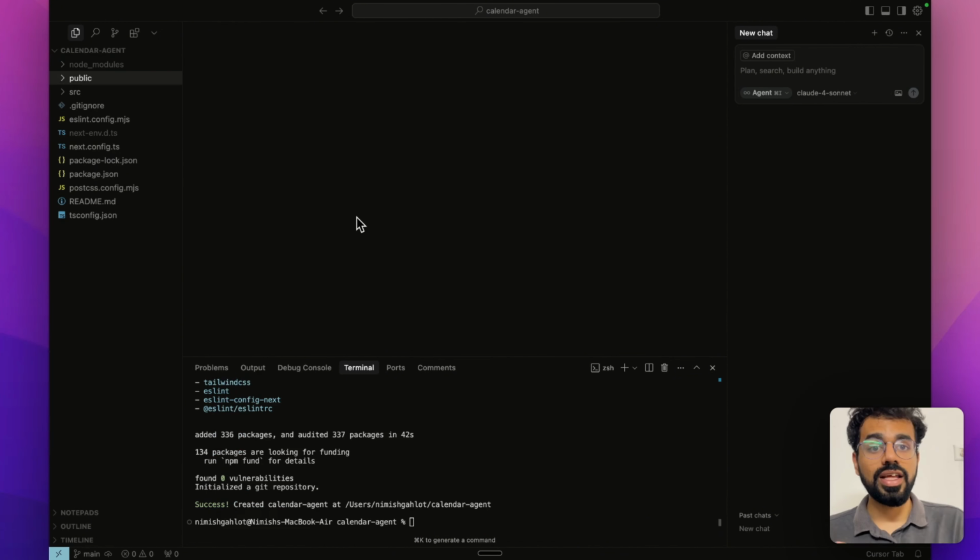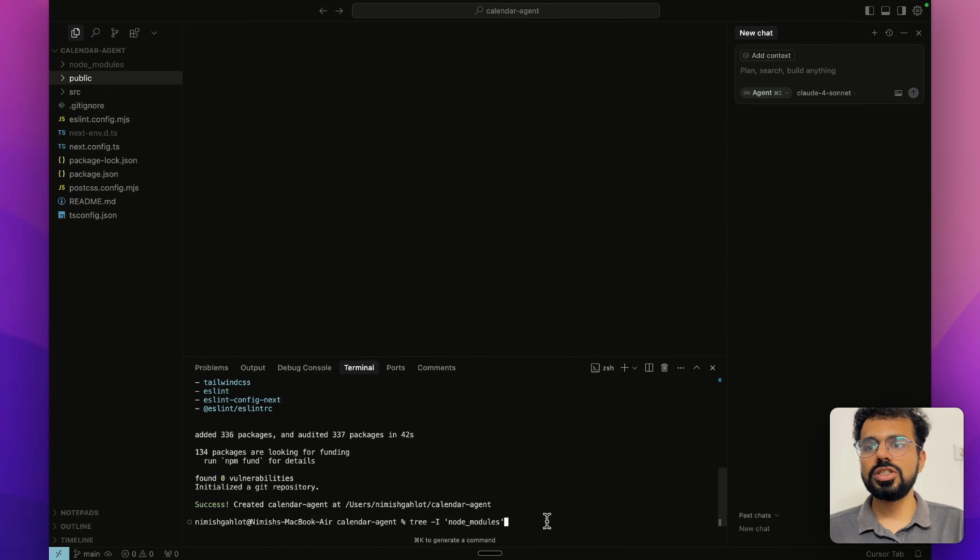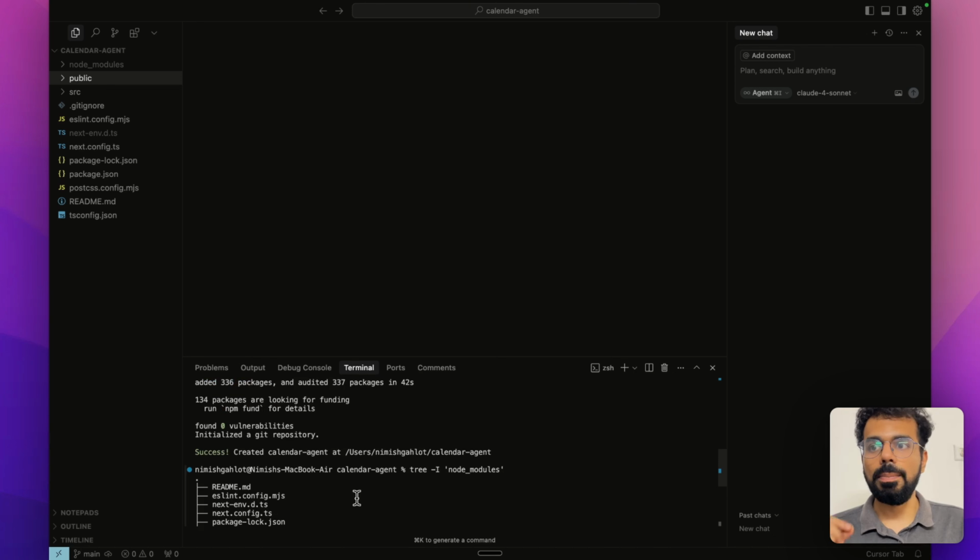Once we are done with the installation, you have to run a second command in the terminal. The second command is to get the file structure of your entire repository. So this is the command. If you are running this command for the first time, then you would also have to download this first. For that, you would have to run this command called brew install tree. And once this is downloaded in your local system, then you can just run this command called tree. I pressed enter here and it gave me the entire file repository of this project.